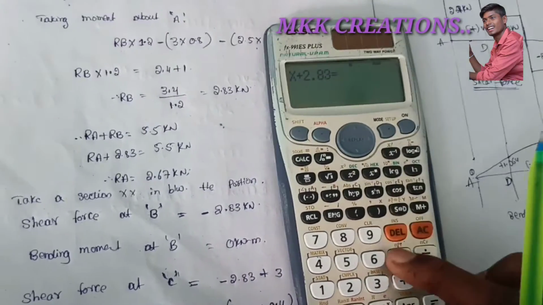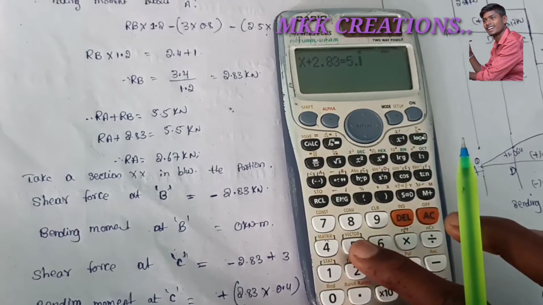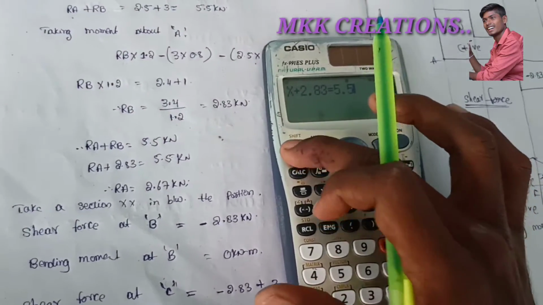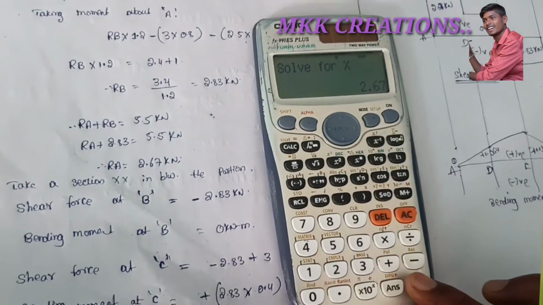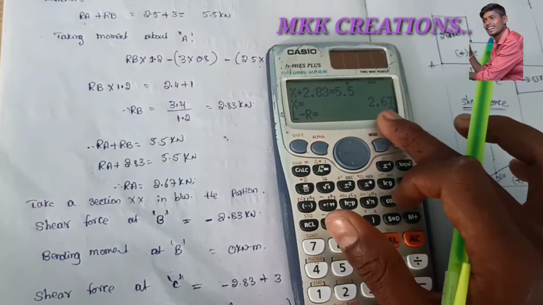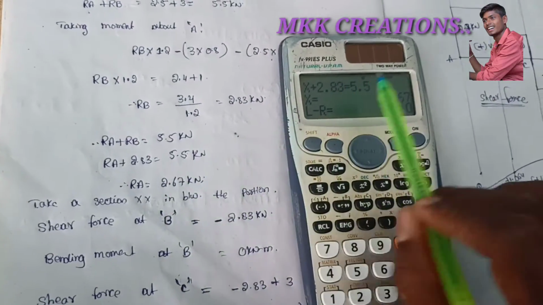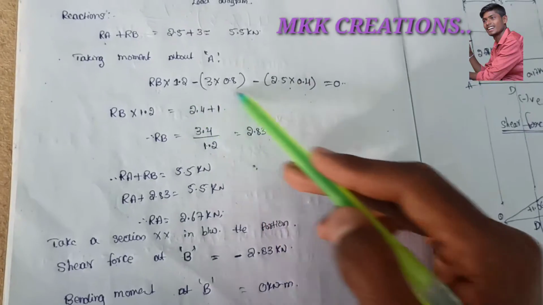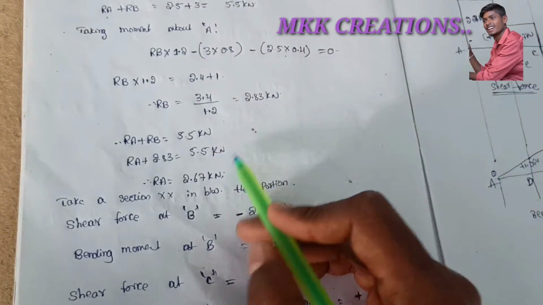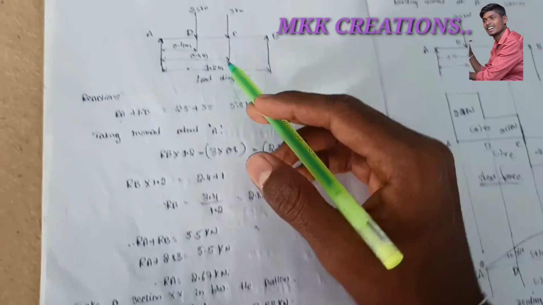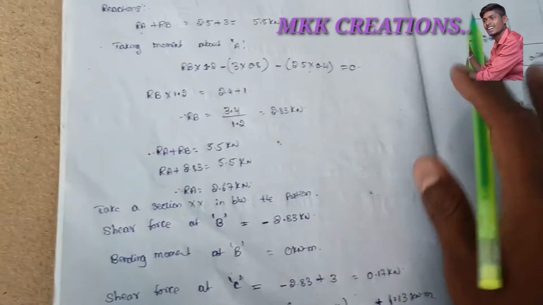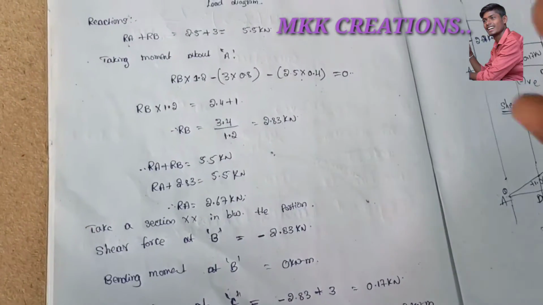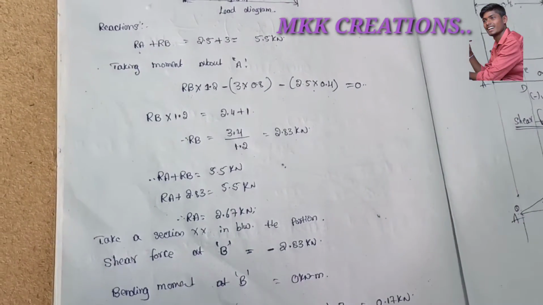Is equals to 5.5, and then shift solve, then is equals to, then you get a 2.67 value. See here, 2.67 value. So likewise you want to consider the same for this one also. Next, after getting all the RA and RB values right here, likewise, same as a cantilever, that means